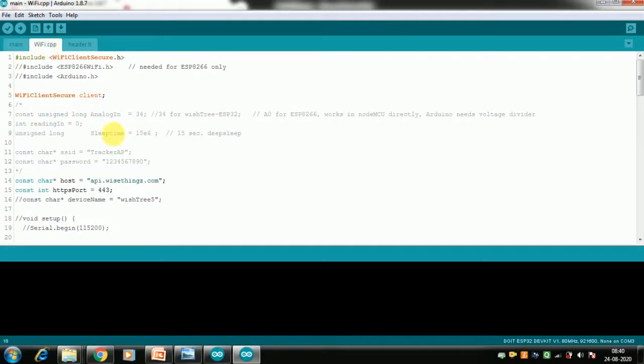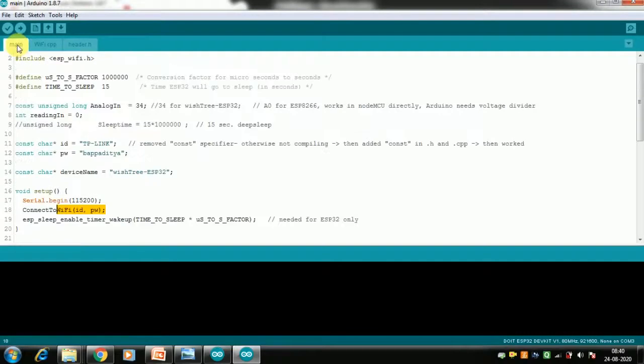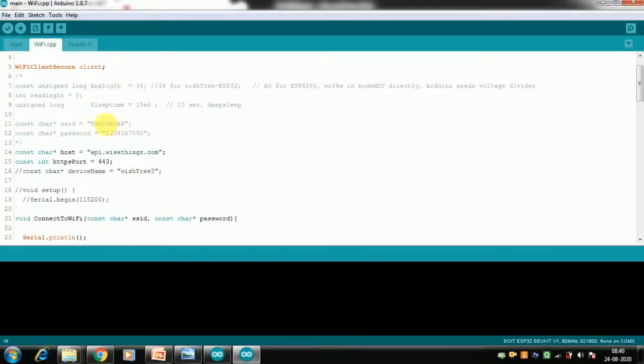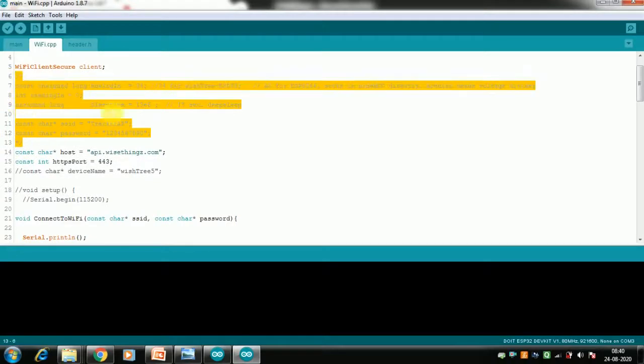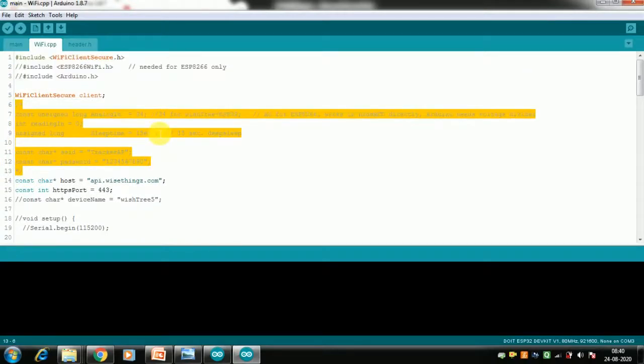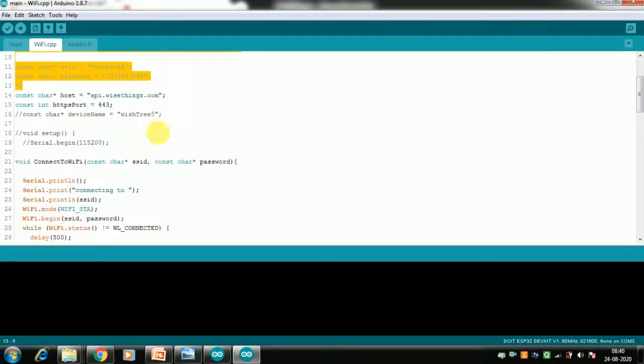So you see wifi.cpp. What I did, I took the main program, the whole basic program only, then commented out those parts that I don't want to be part of these functions. Okay, and then I did include this also here. We could do this in the main body, but if this is not changing, you can keep it here.